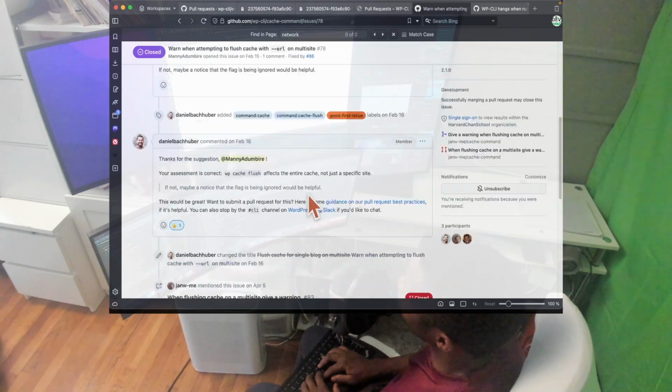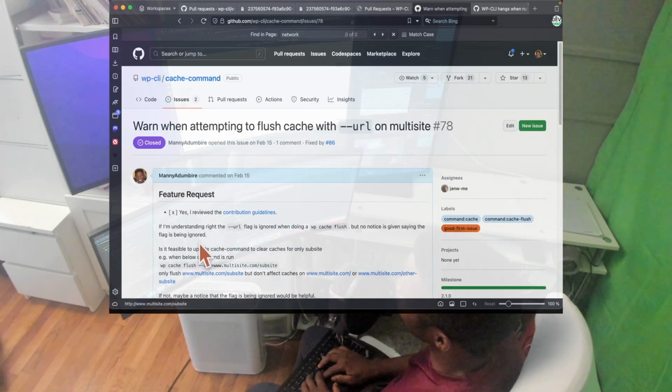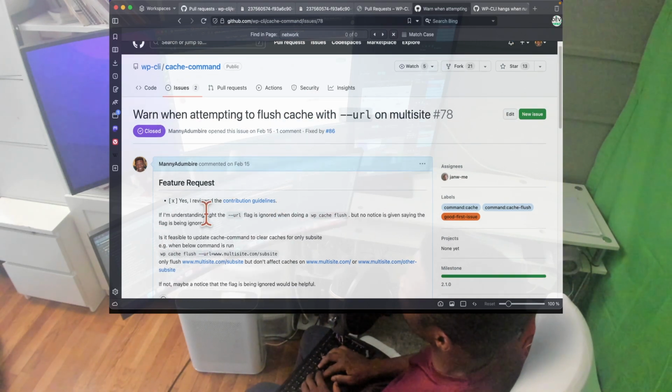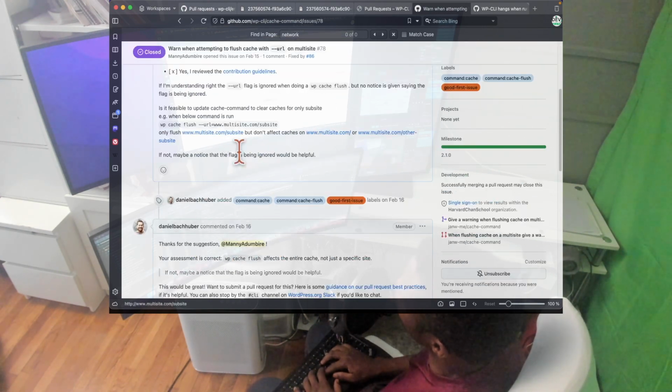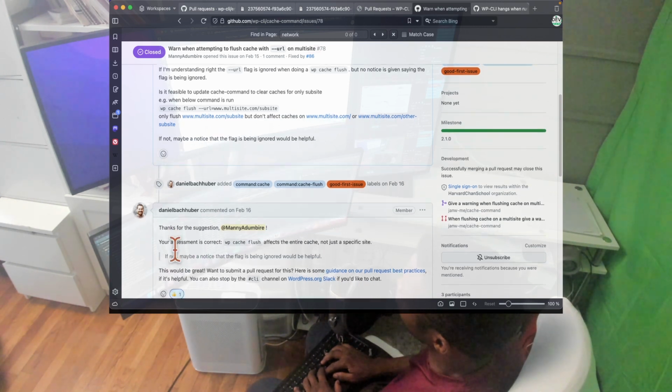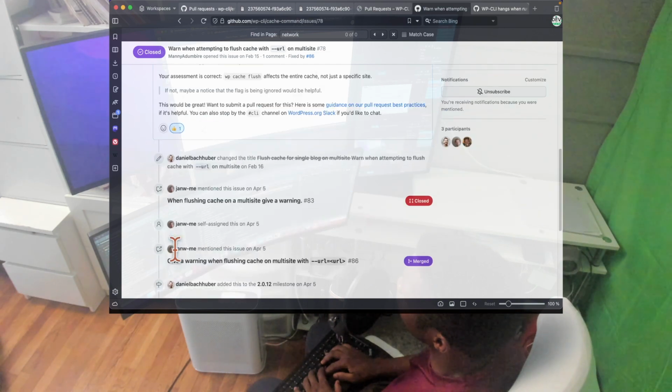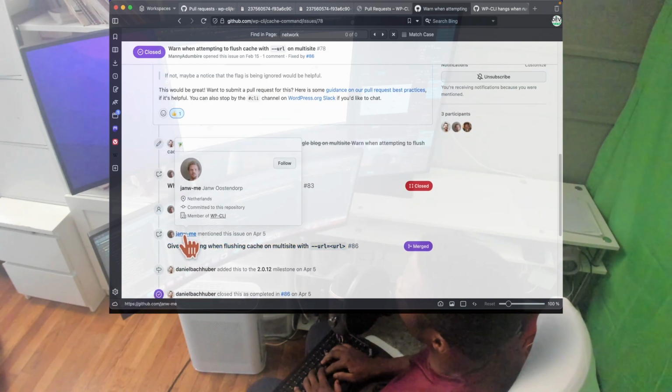Apparently I'm good at coming up with good first issues, because this was also labeled as a good first issue. And this was something I was just kind of wondering about, and the end of this was also Daniel Backhuber tagged us as a good first issue, and then